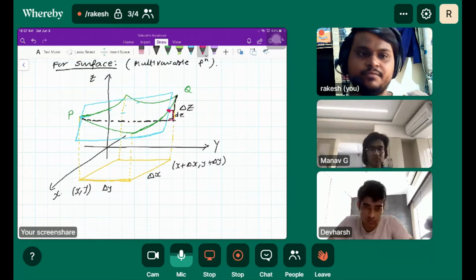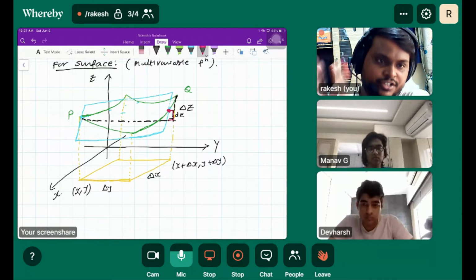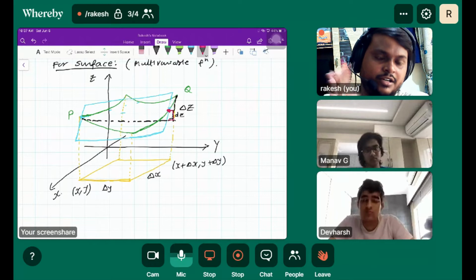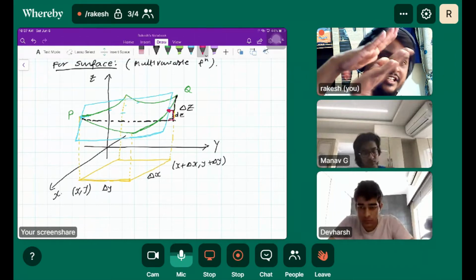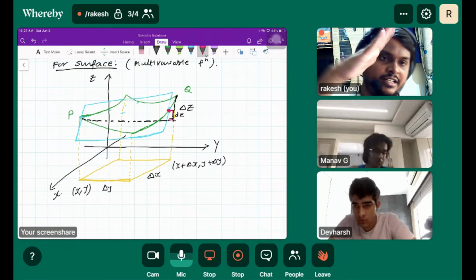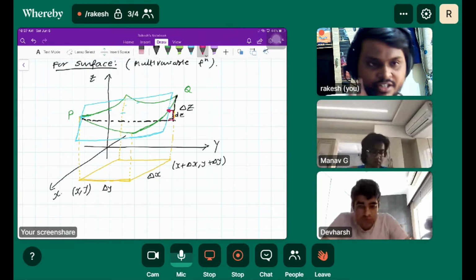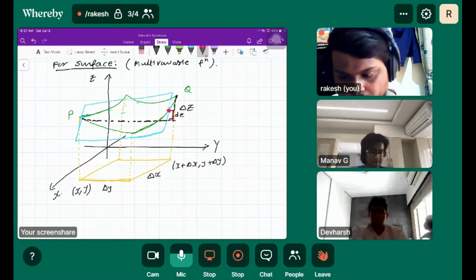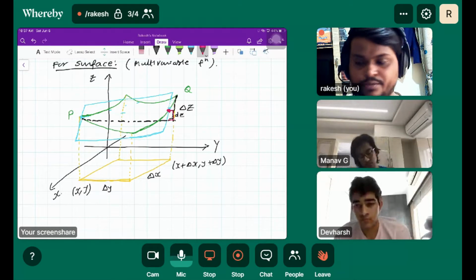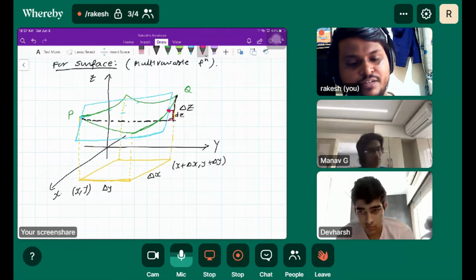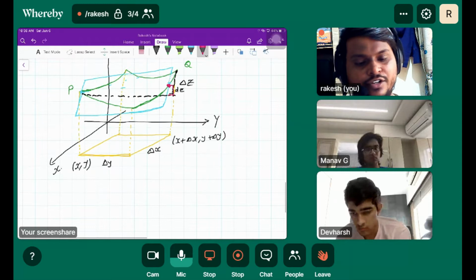So there must be some difference that we have already understood in one dimensional, in one independent variable, right? So it is very easy to understand here in terms of surface, right? Now make some point here so that we'll conclude this topic. I don't want to extend this much, but I hope you understood this.